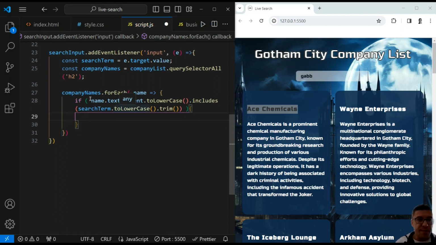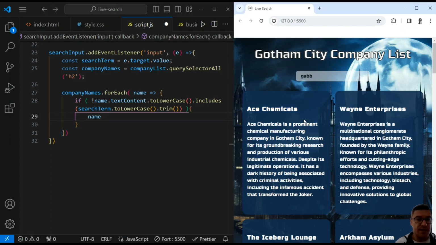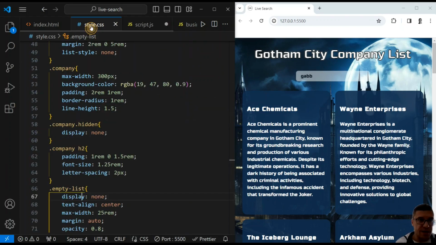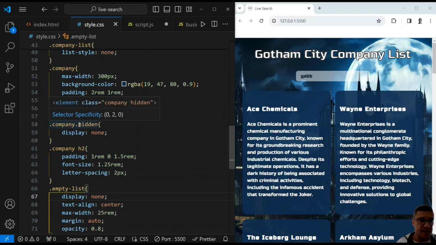So now what happens if the name of the company includes these search terms? If it includes, I want to, in fact, I want to check if it doesn't include. Okay, so I will put exclamation mark. If it doesn't include, I want to add for each name a class that will hide these companies. Let's check our CSS file. This is the class of hidden. I want to put this class,